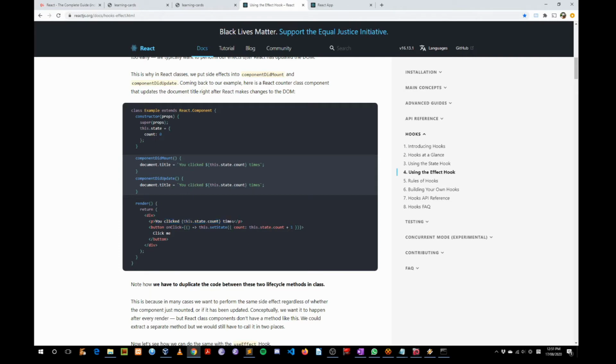Okay, and what the effect does, it just sets the document title as you clicked some count times and updates the document title